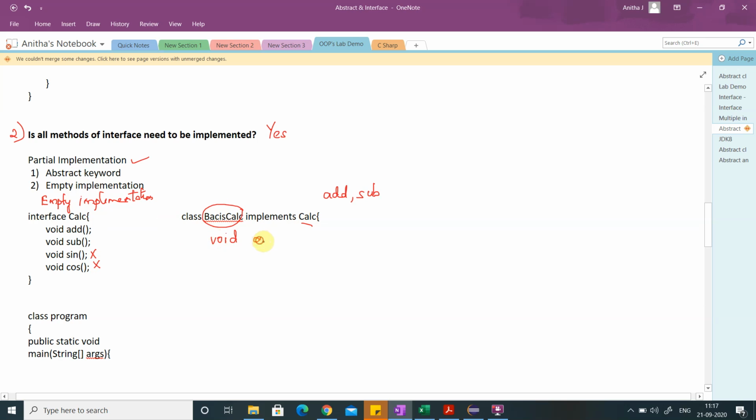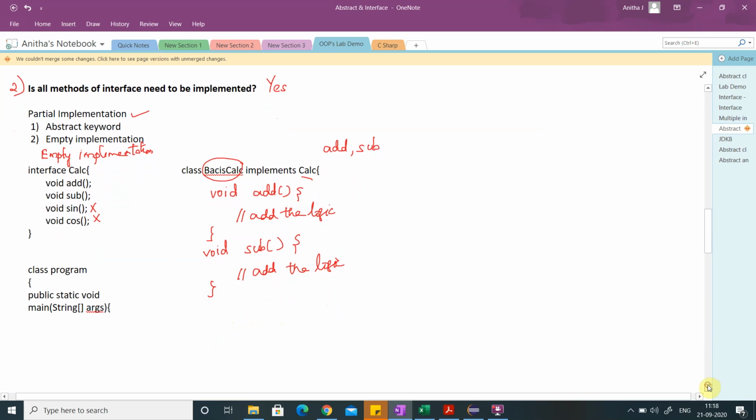We have to write the implementation for add, so here you add the logic for addition. Then subtraction, I also want to override it, so I have to add the logic. Now I don't want sine and cos to be implemented, so you can put an empty implementation.